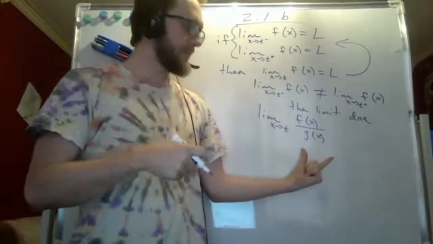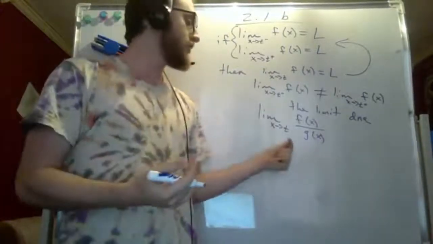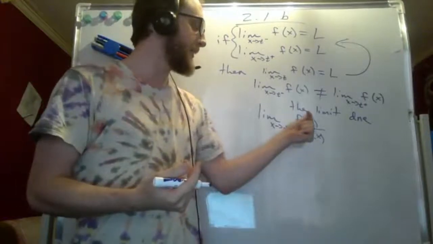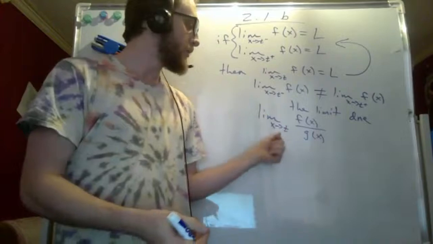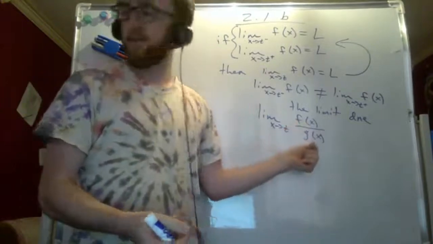In general when we're talking about limits, you want to try to plug in t first to see if you'll be able to find your answer that way. So when you plug in t for the numerator and denominator,